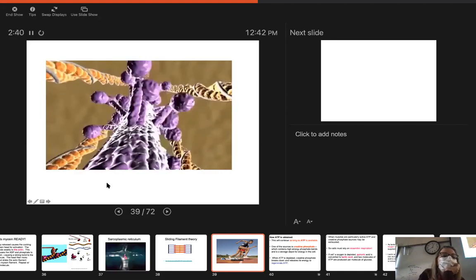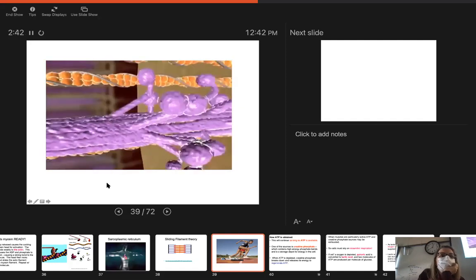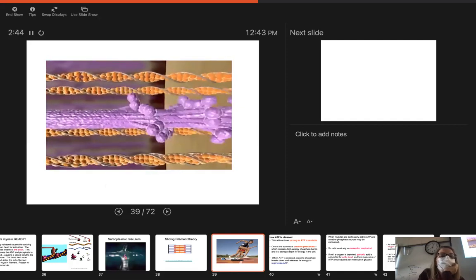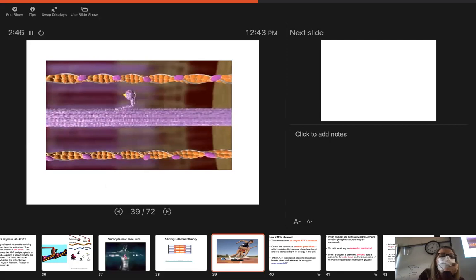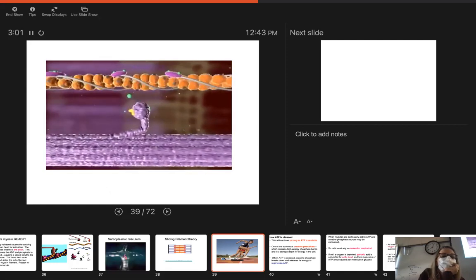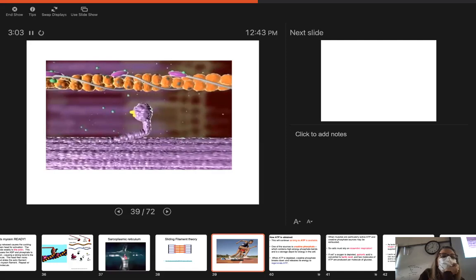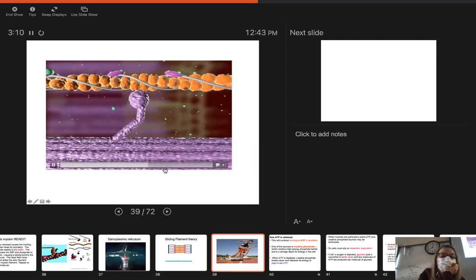How do the myosin heads pull actin? In a relaxed muscle, the myosin binding sites on actin are blocked by a protein complex, and ADP and phosphate are bound to each myosin head. An action potential causes the ER to release calcium ions, which bind to the protein complex, causing it to shift and expose the myosin binding sites. The myosin head binds to actin. When ADP and phosphate are released, the myosin head bends, pulling the actin.